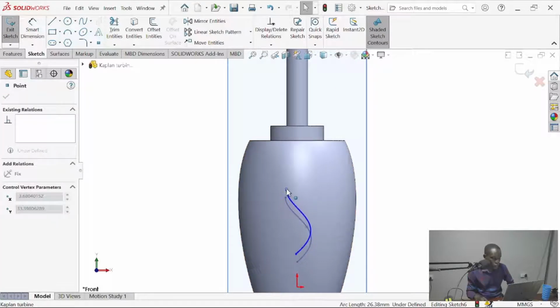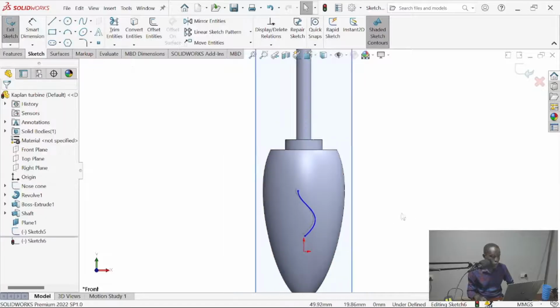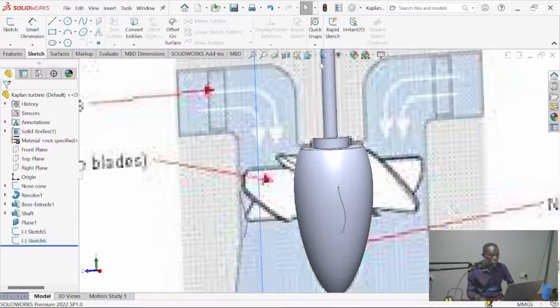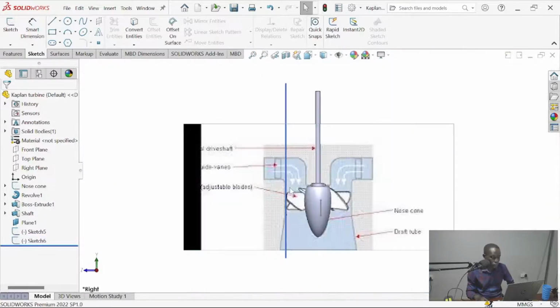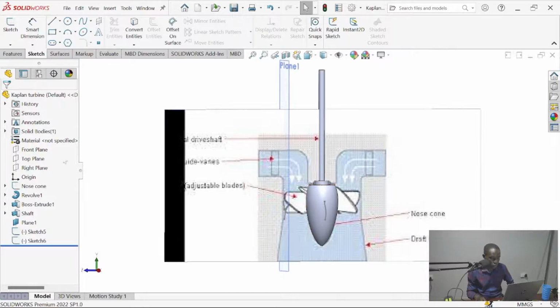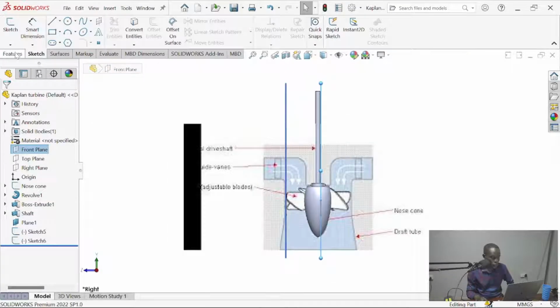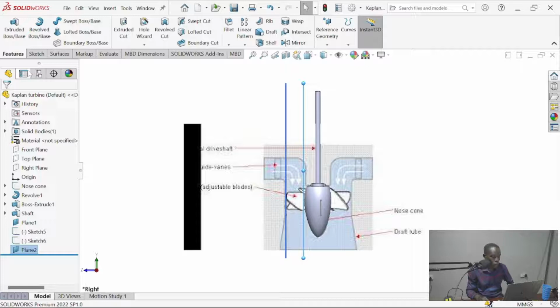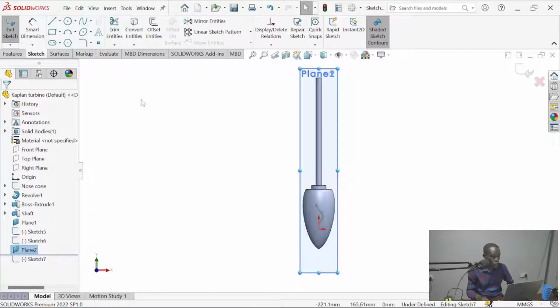Alright, that offset, just need this to be variable. Let's go back to the side view. Front plane still, features, we create another plane in the middle, that's 35. Go and sketch on it.